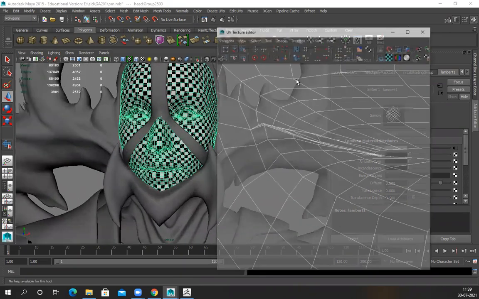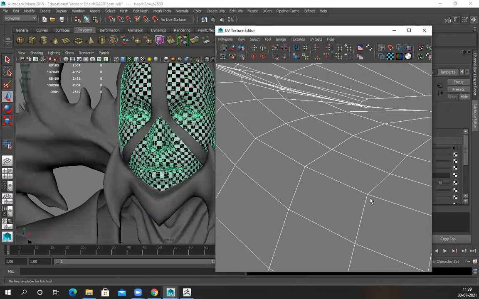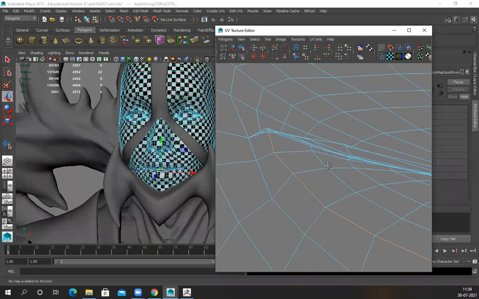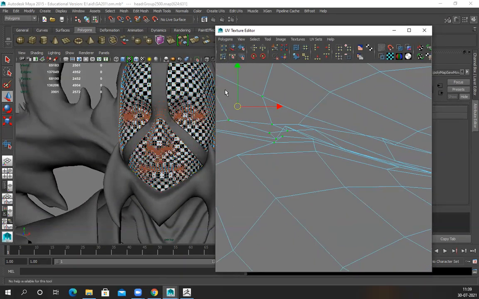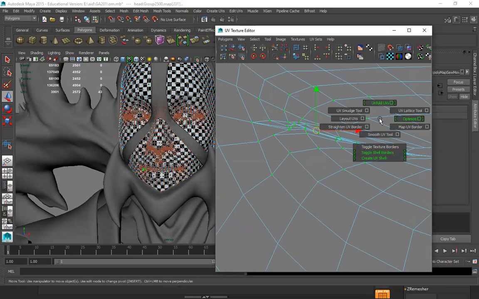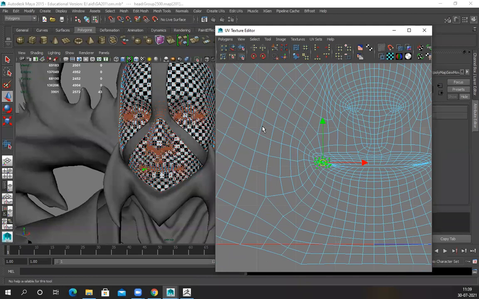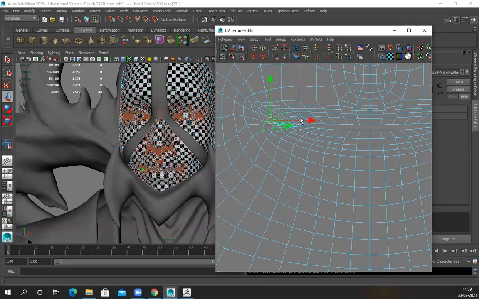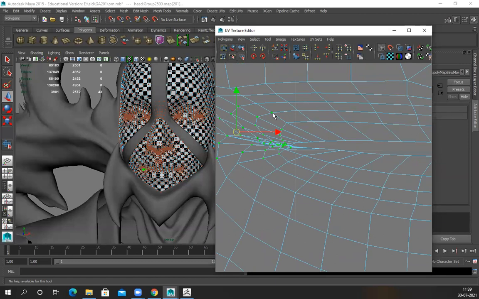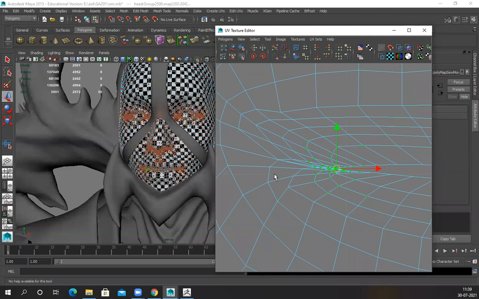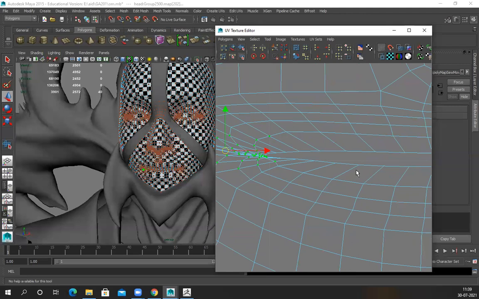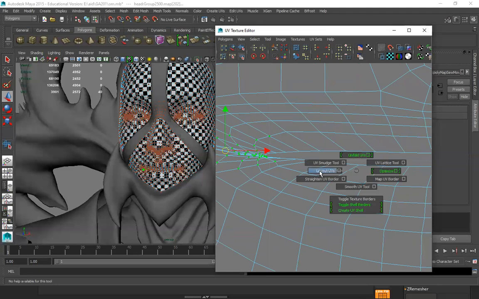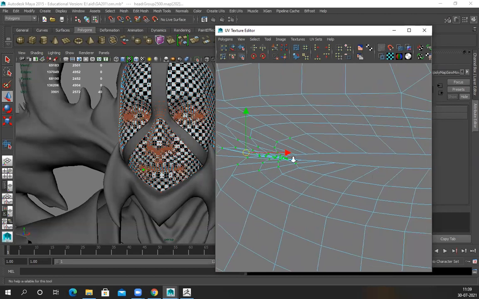So let's see. So lips, this is something that no matter what you do, you have to fix manually only. There's no other way around. So unfold. And anyways, this is the ZBrush model, not the Retopo one. That's why I can see those triangulated pinches and all. That is something we removed, so in a new Maya scene I unfolded this side. Now here it's this layout, so fix it.